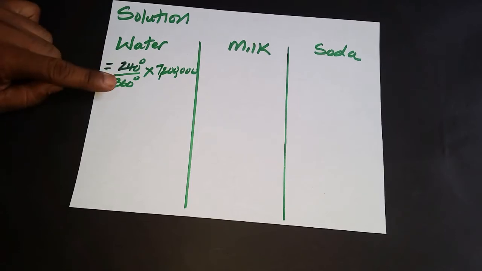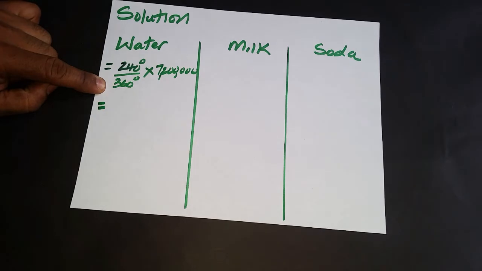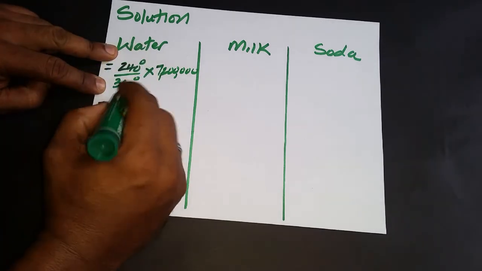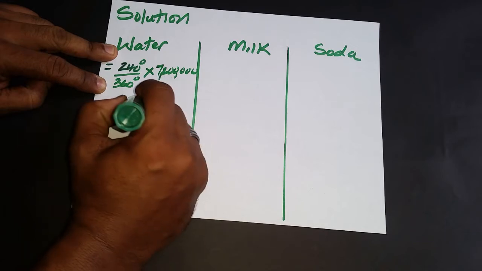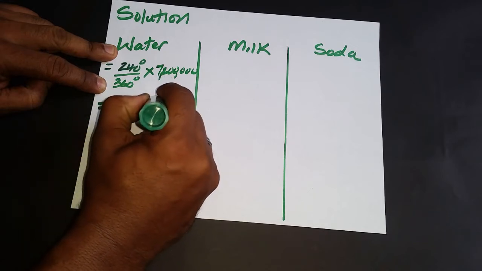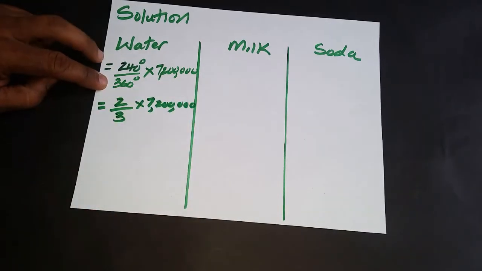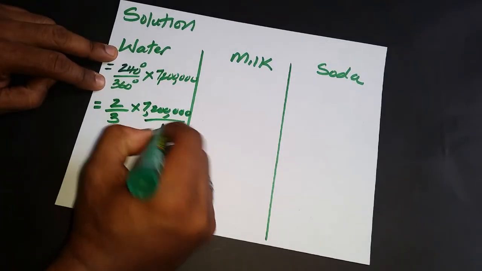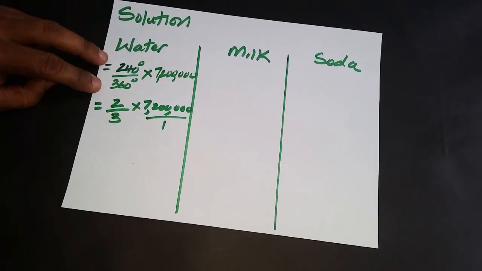Now, it is best that you break this down. So 240 over 360, I think 120 can go into 240 2 times, and 120 can go into 360 3 times, times the 7,200,000. And of course, this is the same as that over 1. We will multiply numerators and then multiply denominators. So 2 times